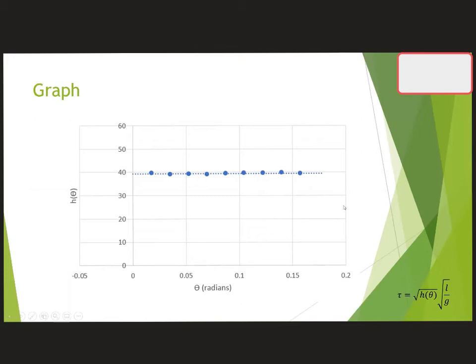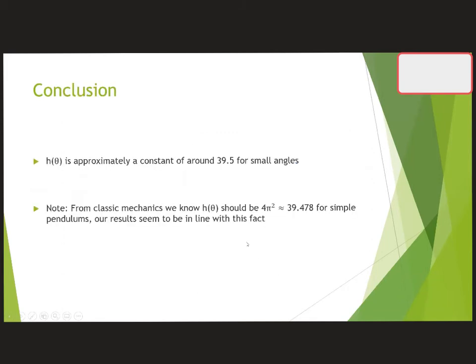This is perhaps a slightly surprising result because it basically means that h is independent of theta. And if h is independent of theta, that means that tau is independent of theta. Basically, if you start with a tiny angle or a huge angle, as long as it's small, the period will be the same. Again, this is a slightly surprising result because you might think if you start further away, it'd take longer, but it doesn't. Perhaps it shouldn't have been such a surprising result to me because I knew from classical mechanics that